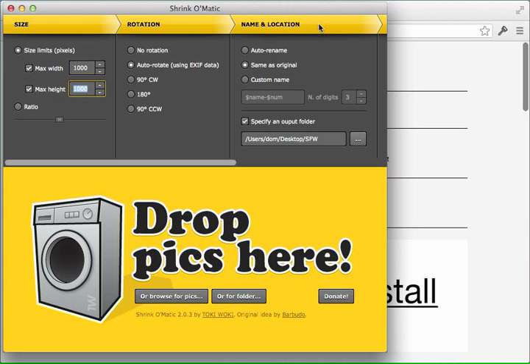Name and location. If you've already named your image files something suitable, you can put same as original, or you might use this tool to actually rename your files, which can be a bit of a laborious process. In that case, use this button here and put the name in here. I'm going to keep it same as original, and then you specify a place on your computer where you want the optimized images to be placed. So I've got a little folder here on my desktop,